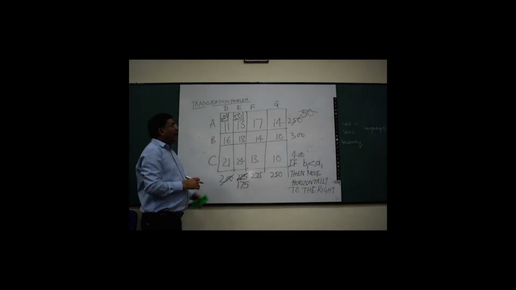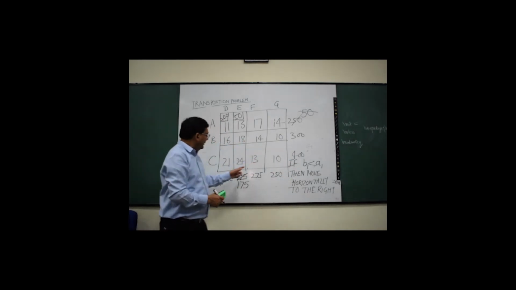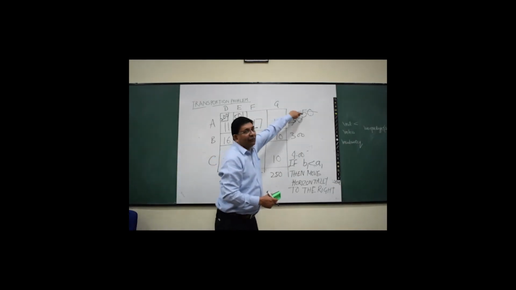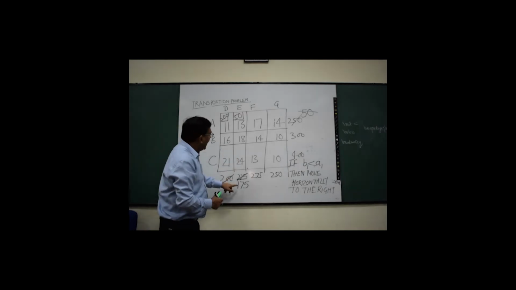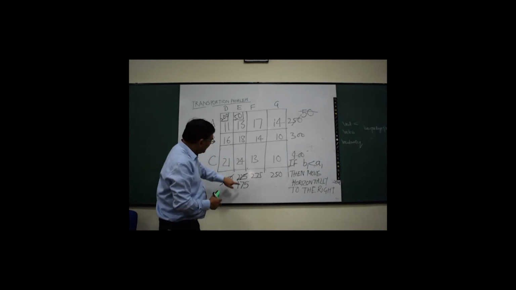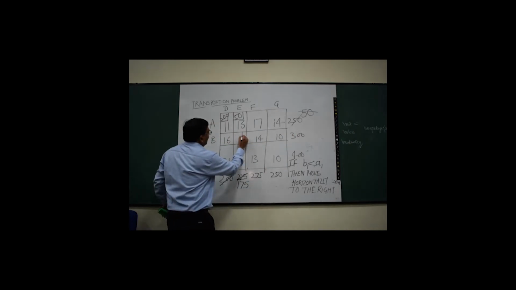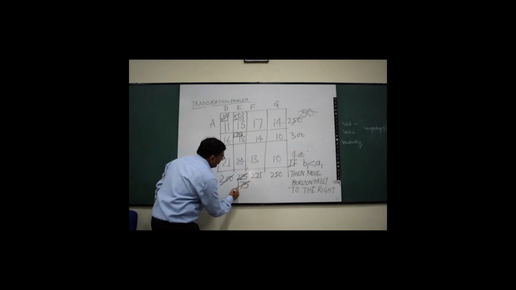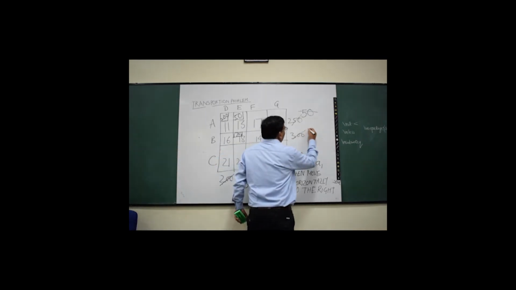175. Again, in the same manner, V1 was greater than this quantity, so we'll move vertically downward and allocate in this cell the minimum of 175 and 300. That is, we'll allocate 175 here. So the requirement of destination 2 is complete, and we are left with